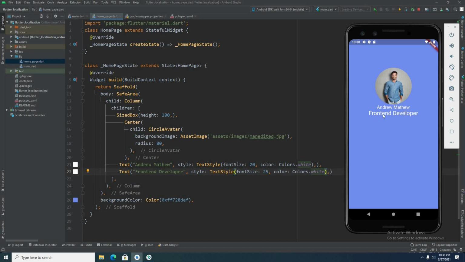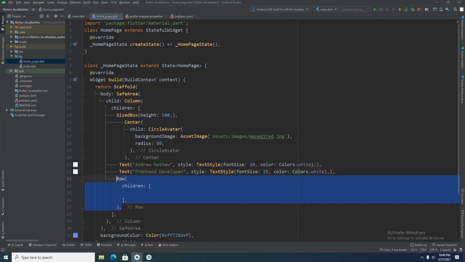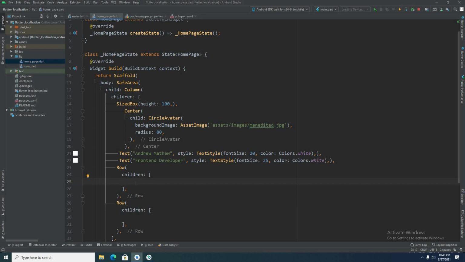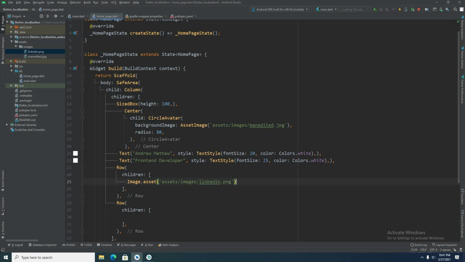So we have the name of a person and the profession of him. Now in order to add these two details, we will create two row widgets. So the first row widget will contain an image widget and a text widget. So let me add it here. Let's provide some height to the image.